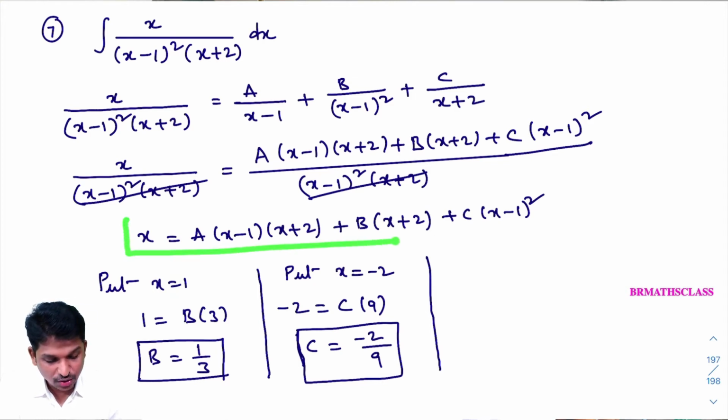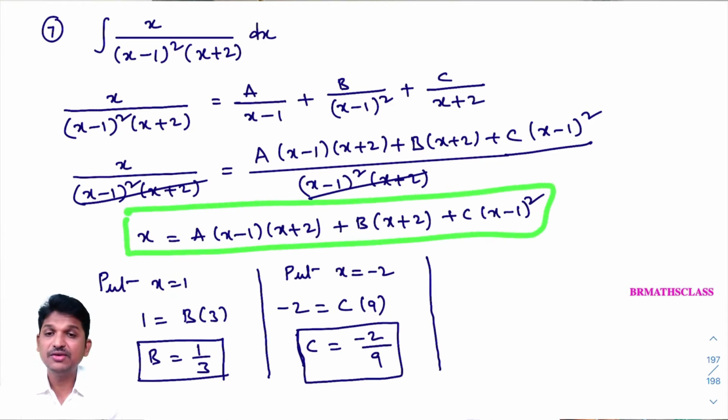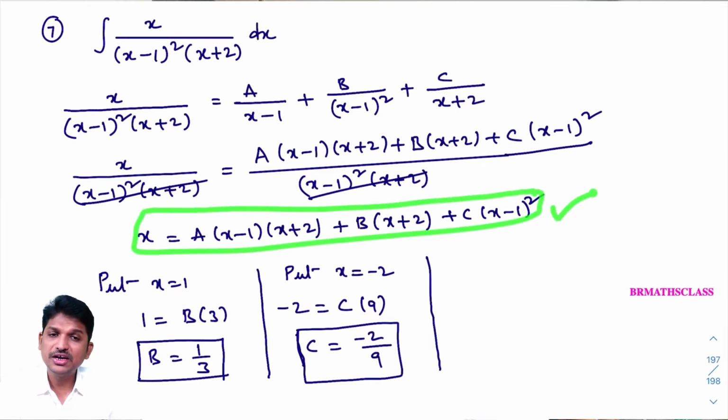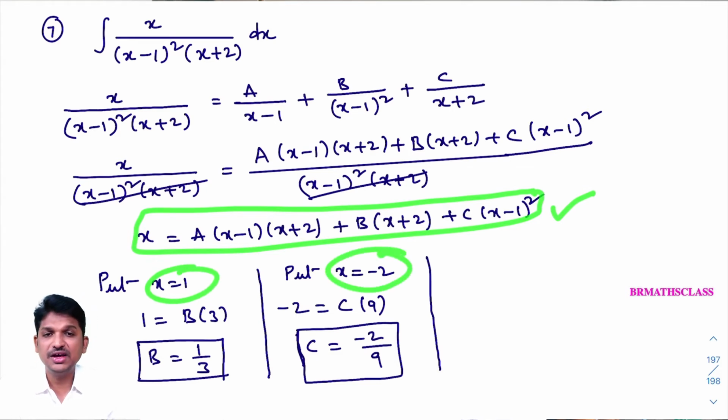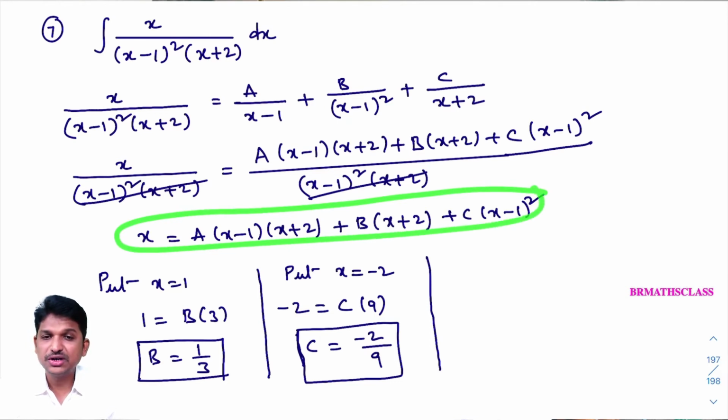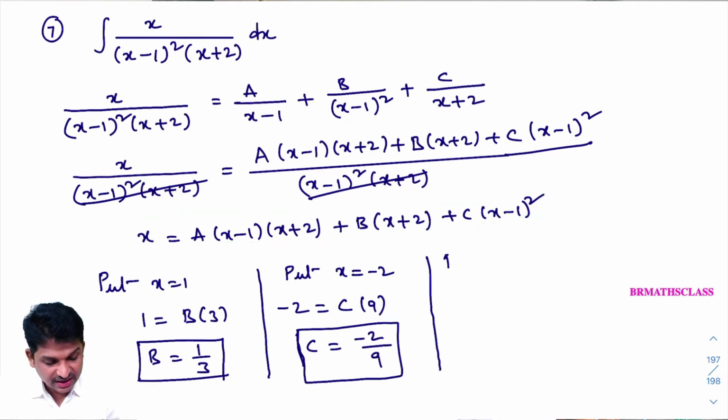What I know is that this equation is true for all real values of x. Now what will I do? In place of x, I'll put 0. Why 0? You can put x equal to 3, okay, no problem. This is true for all real values of x. Other than these values, 1 and minus 2, you can substitute any value. If I put x equal to 0, I'll get things somewhat easier. That's why I want to put x equal to 0. So to get the a value, I'll put x equal to 0.